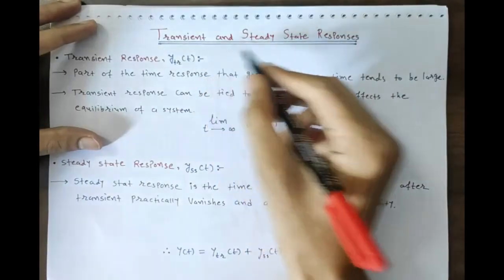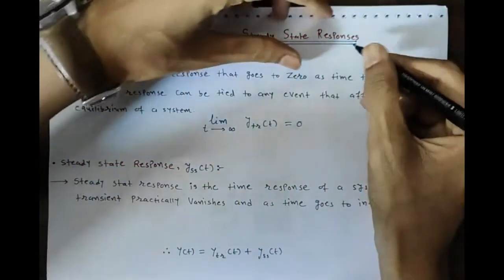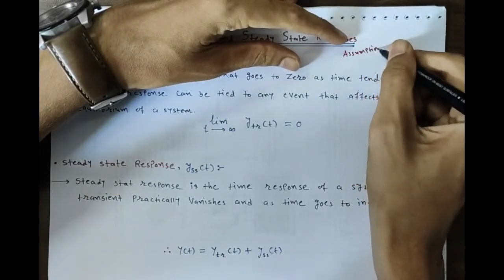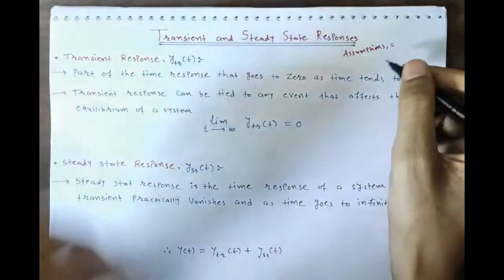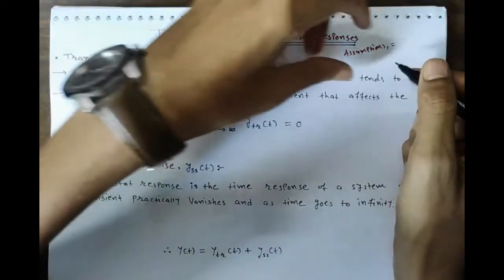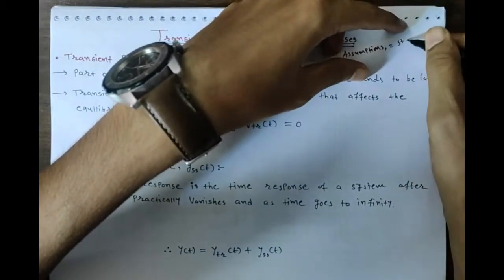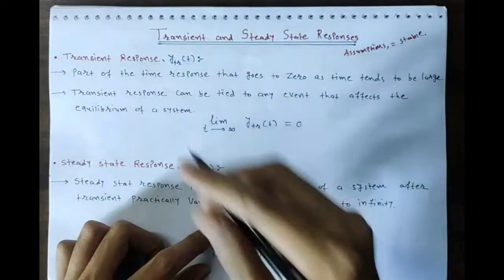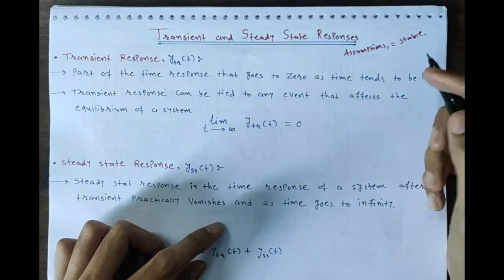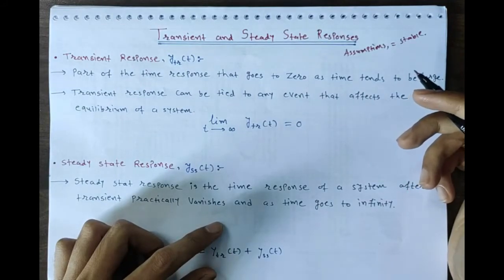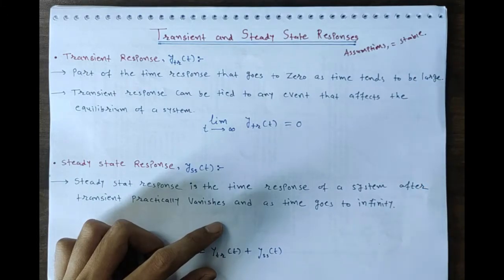Now for transient and steady state response, we are making one assumption. While we are defining transient response and steady state response, I'll make one assumption that your system is a stable system. Okay, this all is about a stable system. For unstable systems, we are going to discuss stability, which is relative stability and absolute stability, in detail in a further chapter. But right now, let's see what stability is.